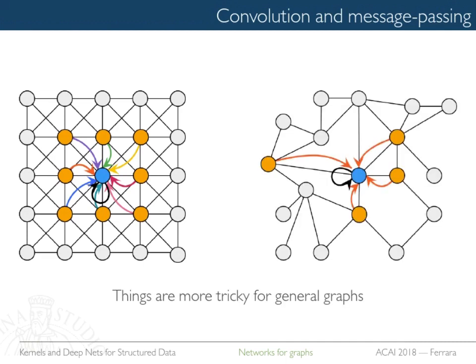Well, you can do the same for a graph this way, right? That's a bit more tricky now. Why? Because here you know the ordering, you know the positions, you know how to do it. In a general graph, how do you do it? Well, the colors should explain the trick.